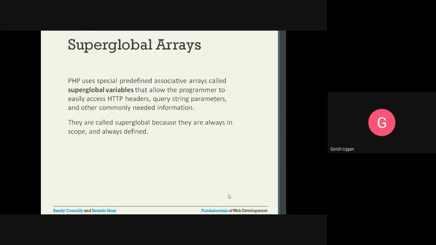PHP uses special predefined associative arrays called super global variables that allow programmers to easily access HTTP headers, query string parameters, and other commonly needed information. So whatever is in the HTTP header or the query strings, we can access easily in our program using the super global arrays.